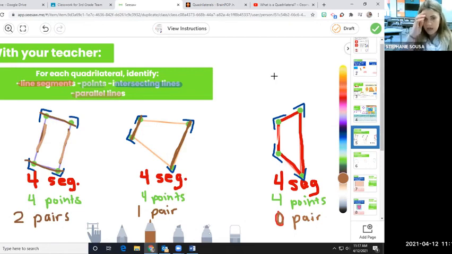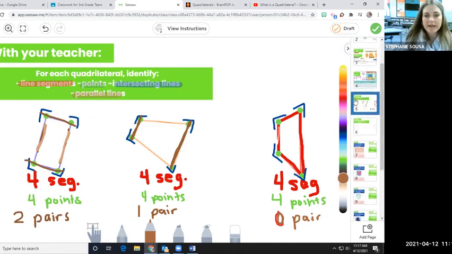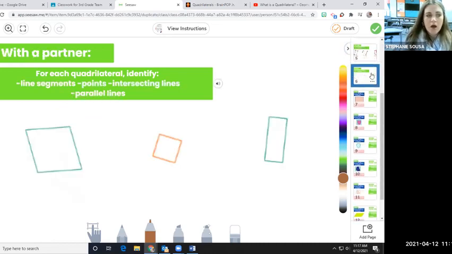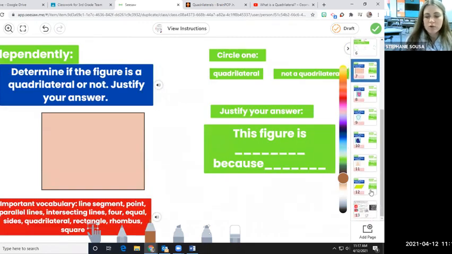And that takes us to time. So let's talk about your task before I hop you off of here. On slide 6, this was supposed to be with a partner. If you'd like to do this for extra practice, go ahead. I'm not going to be checking this one though. I am going to be checking slides 7 through 12. On slides 7 through 12, you are shown a shape. You are determining if this shape is a quadrilateral or not. You will circle one. This figure is a quadrilateral, or this figure is not a quadrilateral, because, and when you